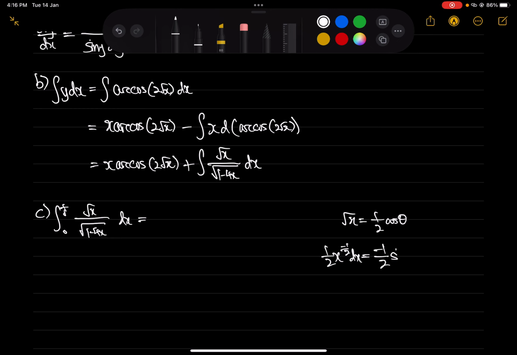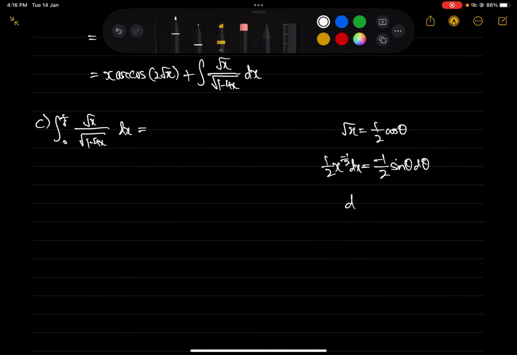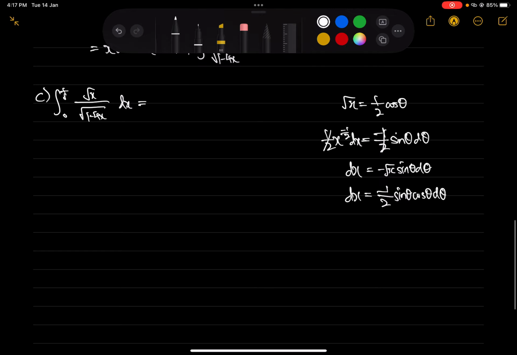So that cancels, so dx is negative root x sine theta d theta, so dx is also 2 sine theta cosine theta d theta, and